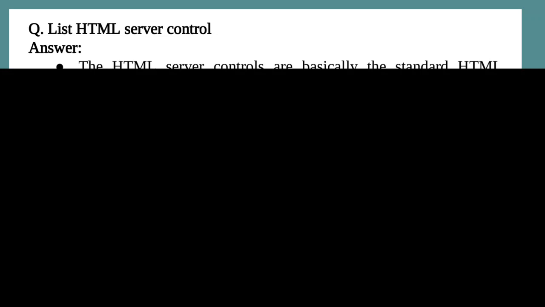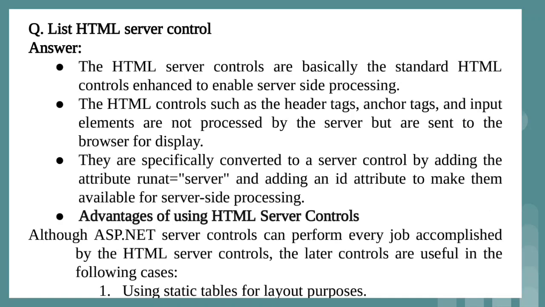Header tags means we are using script tag, head tag. Anchor tag means hyperlink tag, the tag with the help of which we can create a hyperlink. All such controls we use in the program, without which it is not possible to switch from one website to another or to have input.